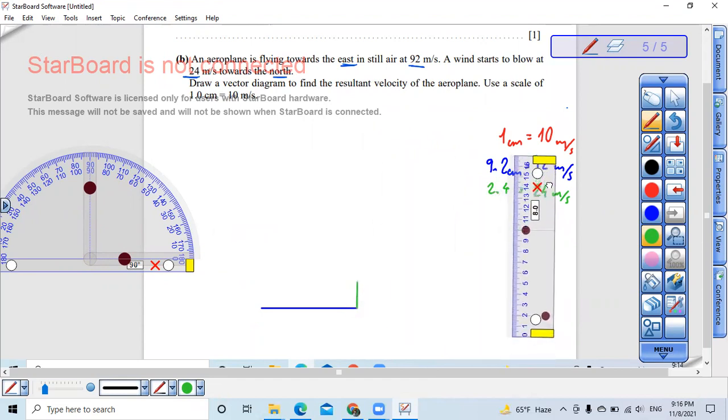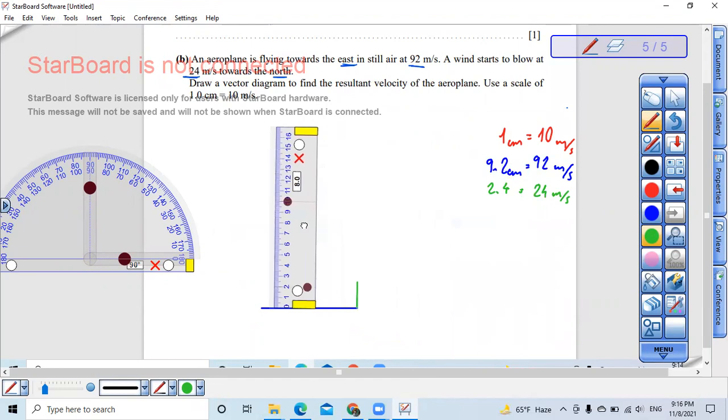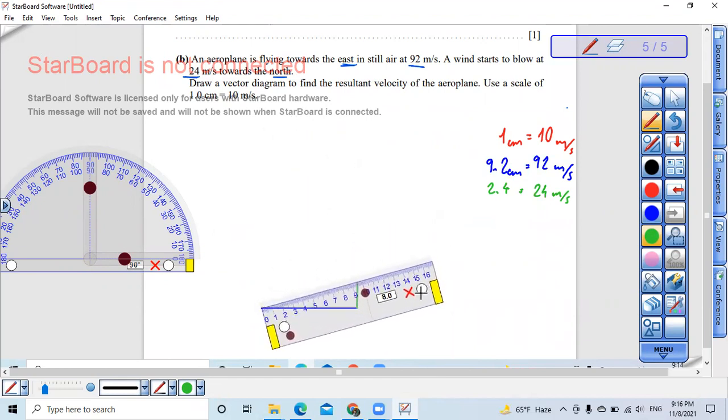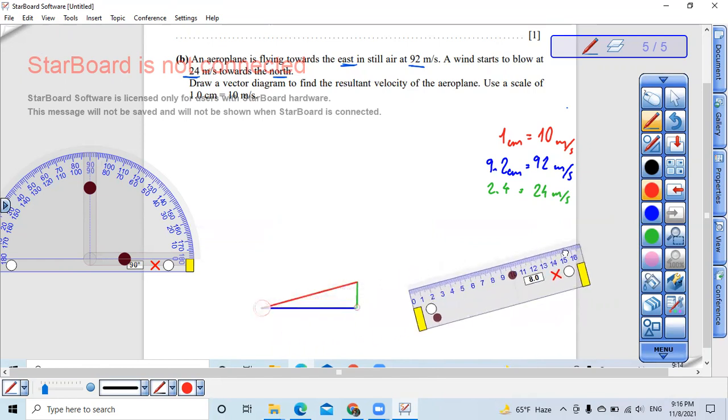Then my answer will be from the initial point here to the final point where I reach, until here. This is my resultant. I'll draw it like this. Okay. I need to measure how long it is. And as you can see, it's 9.5 centimeters. So the resultant velocity equals 9.5 centimeters, which means